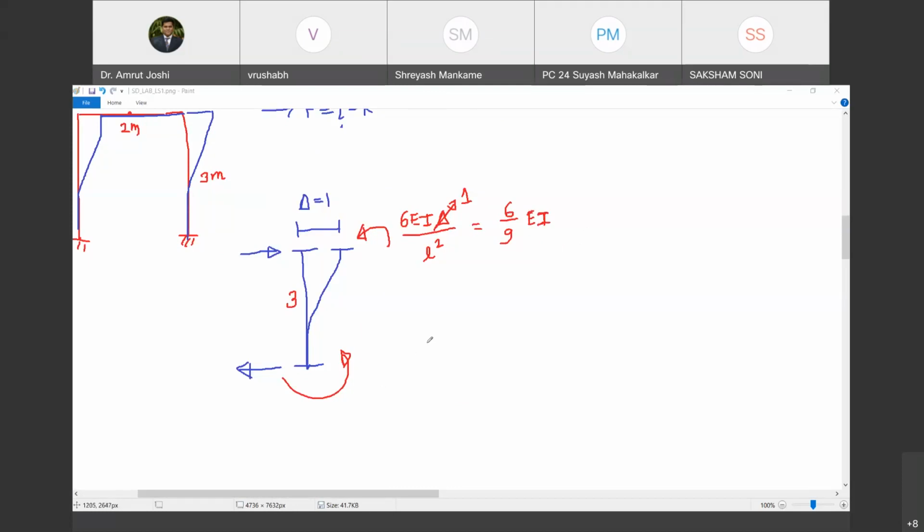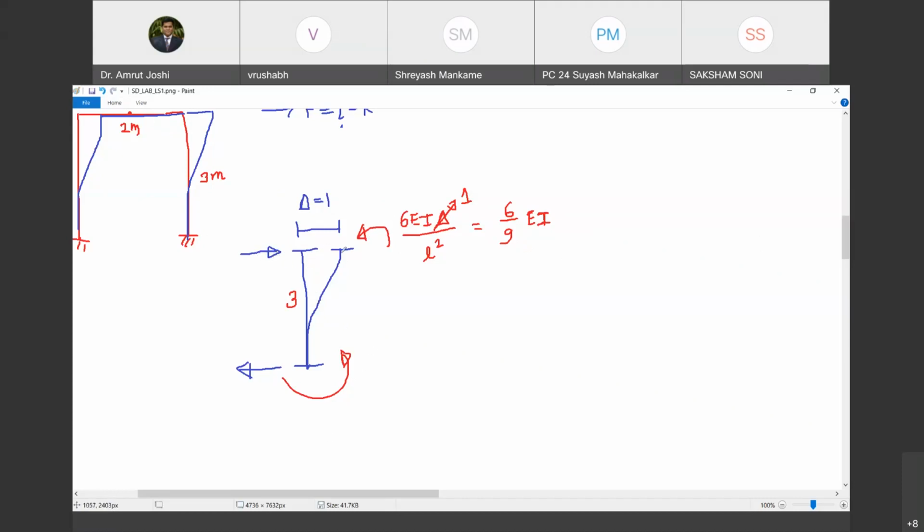This moment is fixed by Vedang, no, not in plastic hinges. We are not dealing with plastic. We are dealing with the elastic analysis. When you have a delta equal to 1, then you have these moment reactions generated which are equal to 6EI upon L square. This is the formula that we have already derived in structural analysis 1. So if you are not aware of this, you can just refer back to that book and you will get this formula. But in this thinking process, what I am trying to do is you need not remember the sense of these moments. That comes easily.